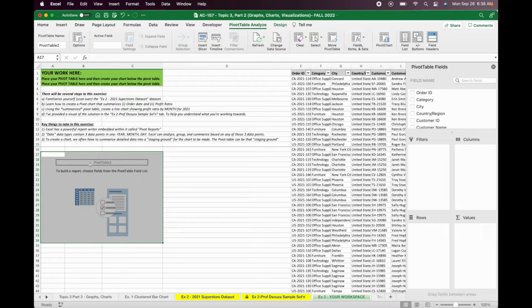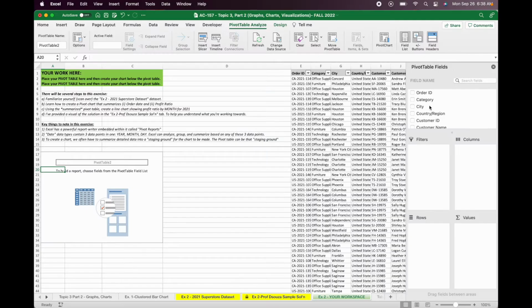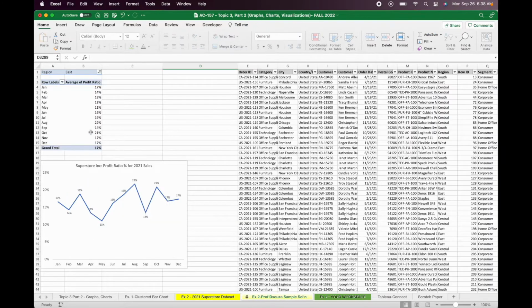You can see a little bit of text and a couple icons here. This is an automated pivot table, the start to one at least. And I get these instructions to build a report, choose fields from the pivot table field list. This is the pivot table field list. Now, I encourage you to play around with this, check out how it works. I'm going to show you how to create this particular pivot table in this video. But I do encourage you to explore, let your curiosity guide you, take your time with this